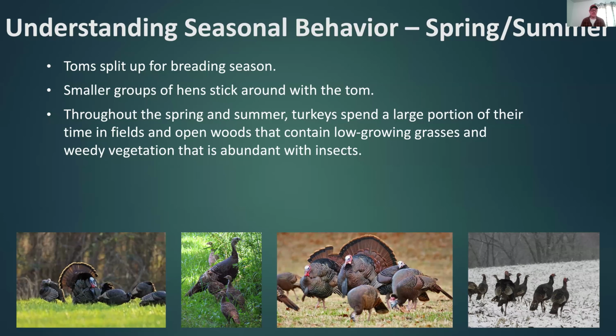Their home ranges can actually change by several miles between the winter and the spring. So in the spring and summer, insects are key. They'll eat seeds, they'll eat a lot of green stuff, they'll eat tubers, roots, but insects make up the bulk of their diet. Every turkey I've ever shot, I've always looked in its crop to see what's in there, and generally the most recognizable pieces are grasshoppers by the dozen. They really rely on insects that time of year, especially for nesting. The hens need it to produce their eggs and for healthy reproduction.